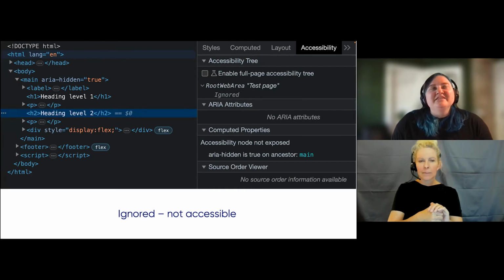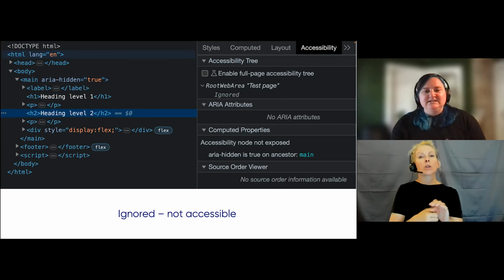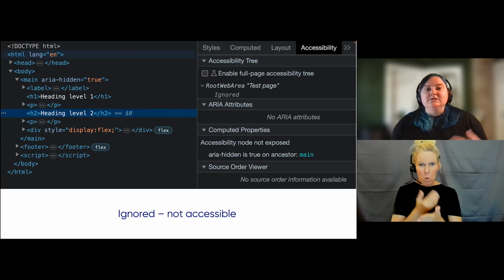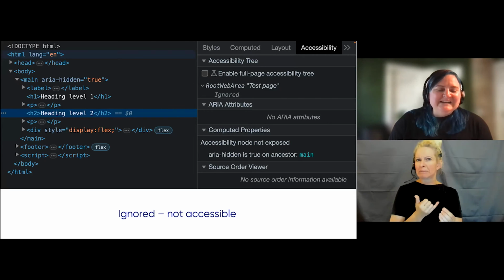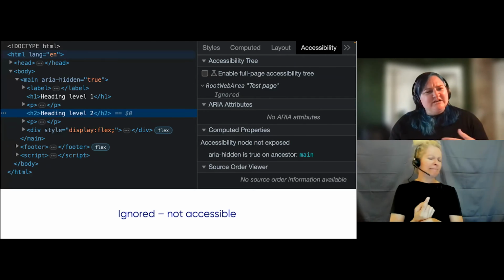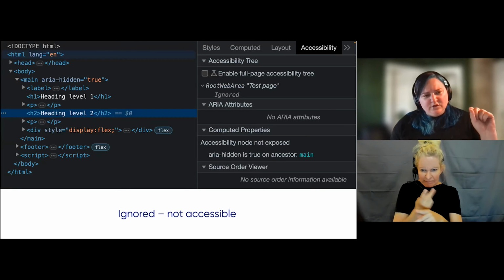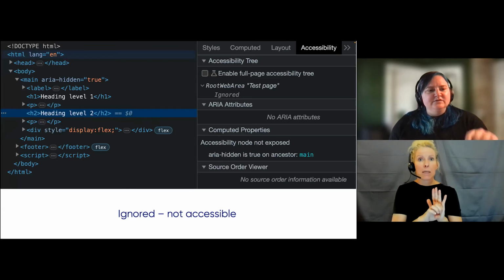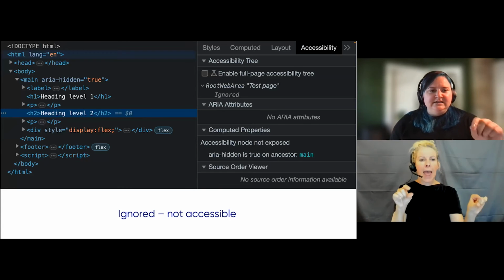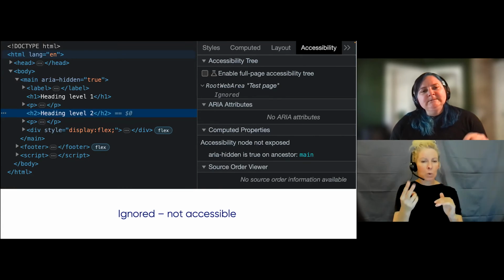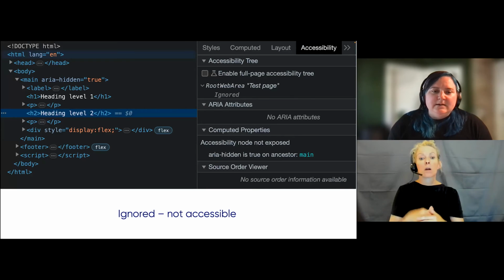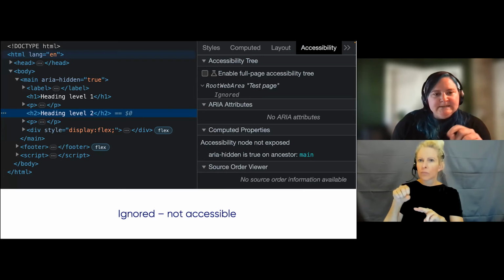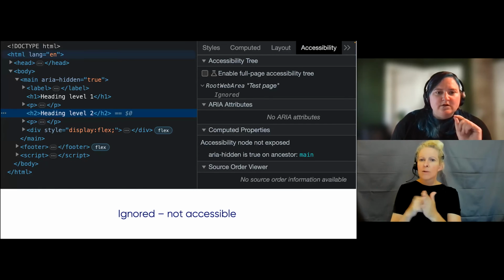So I guess the thing that should trigger this check in your accessibility tree is either you see a lot of new errors suddenly, something's going on, or you see no errors, which is maybe more disturbing, right? So this might trigger this. We want to double check. So we go find a semantic element in our document. In this case, we have highlighted the heading level 2, just really generically inside the main content of the page. I opened up my accessibility panel, and I see right at the top that yes, we're in this test page, but that element, that heading level 2, is ignored.